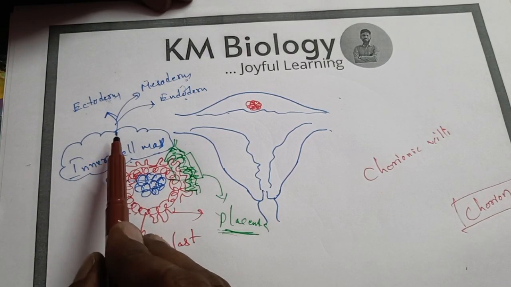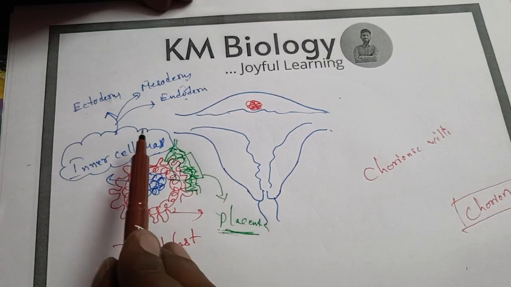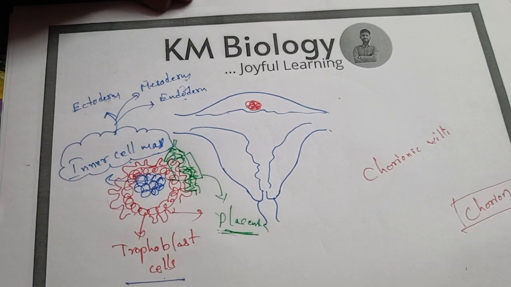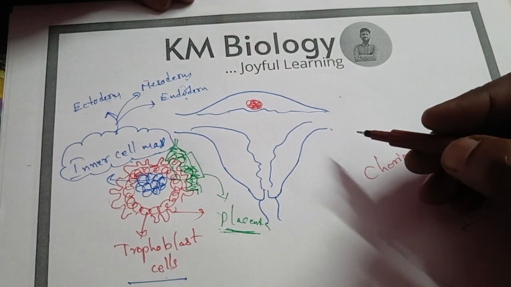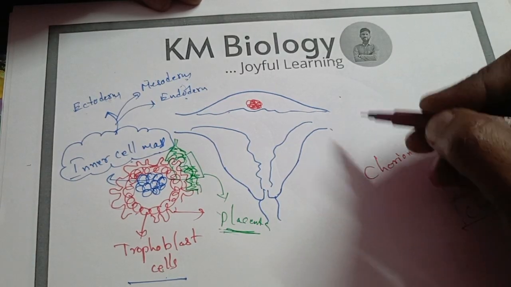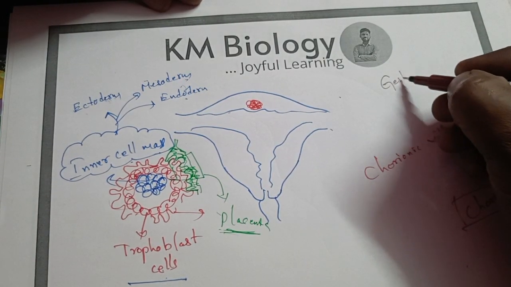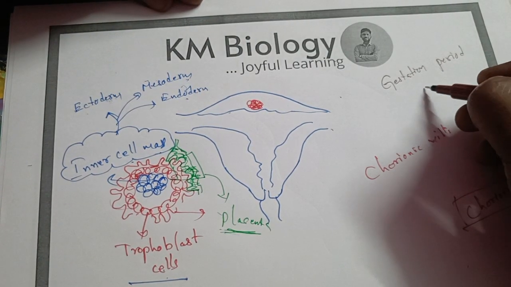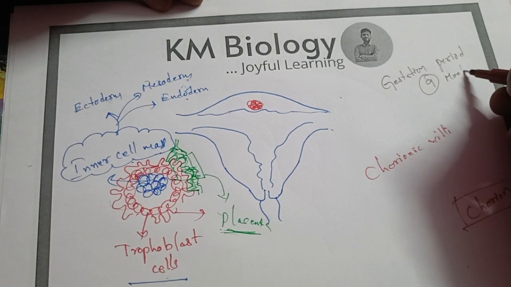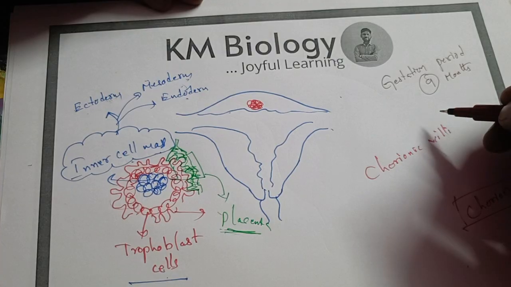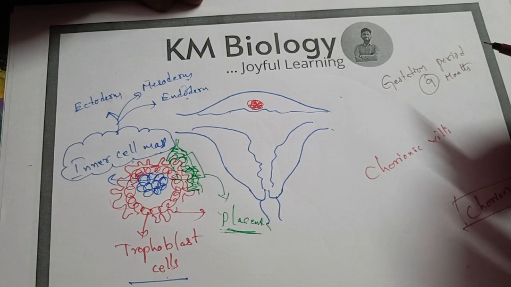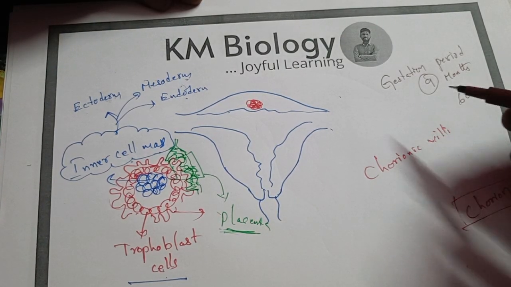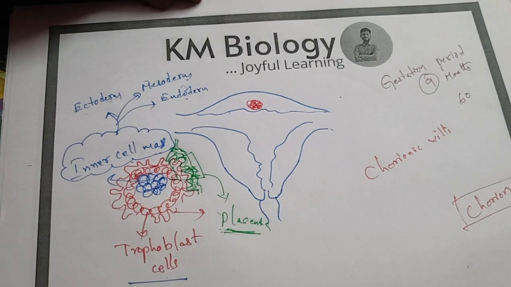Now we have seen how fertilization happens, and after fertilization there is a need for a certain time for complete development of the embryo, complete development of the individual, which we call the gestation period. This gestation period is different in different animals. In humans it is 9 months. If you take a rat, it may be 30 days. If you look at a cat and dog, it may be around 60 days. Like this, the gestation period in different animals will be different, right? So now,